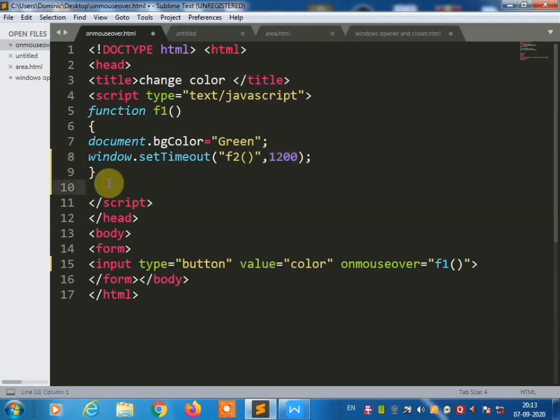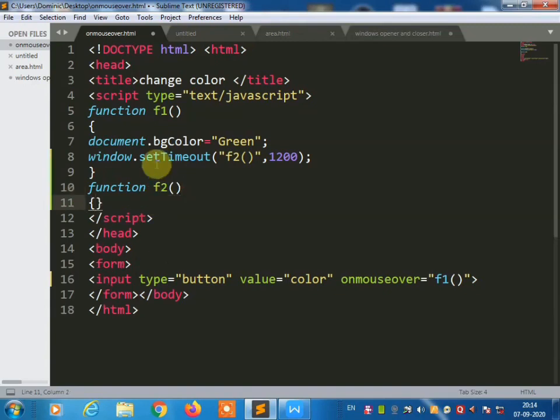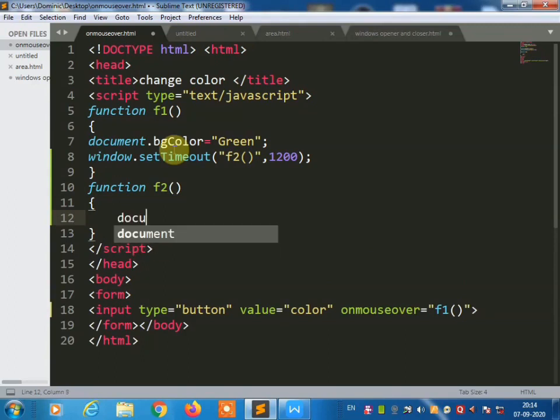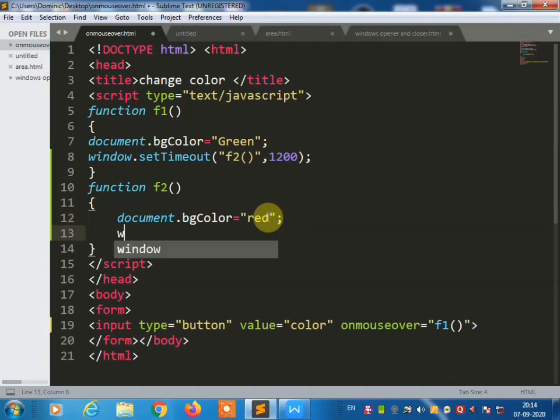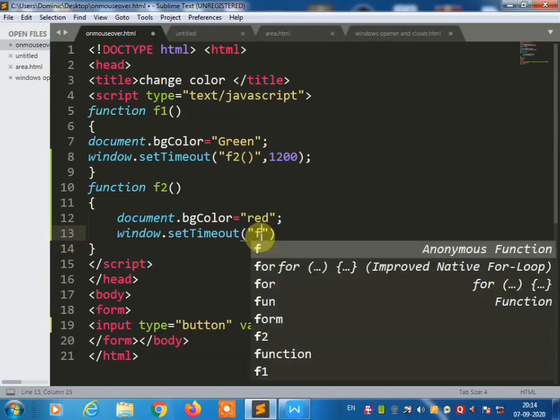Okay, then we are going to write the next function f2, then open curly bracket and write document.bgColor equal red, complete the semicolon, set the window timer, window.setTimeout in brackets, double inverted commas, f3 function.